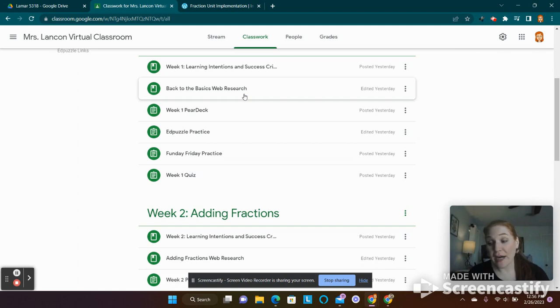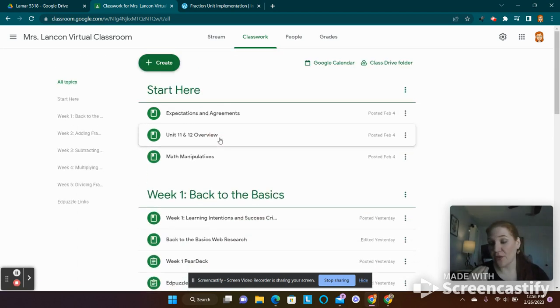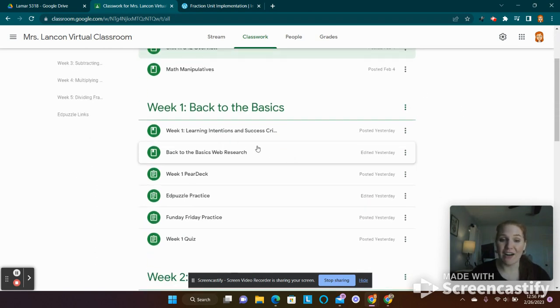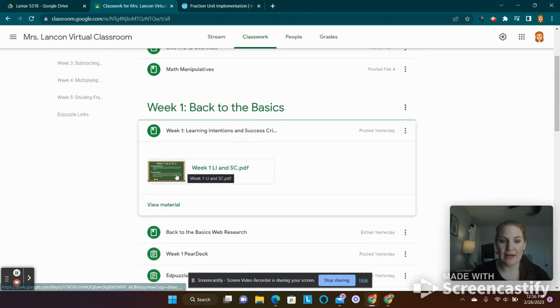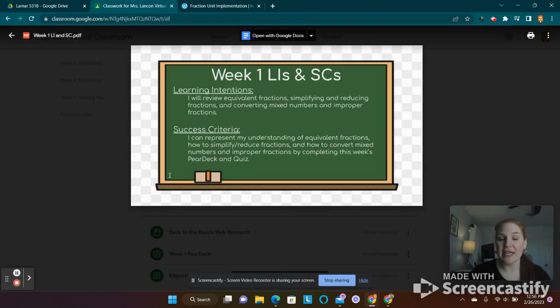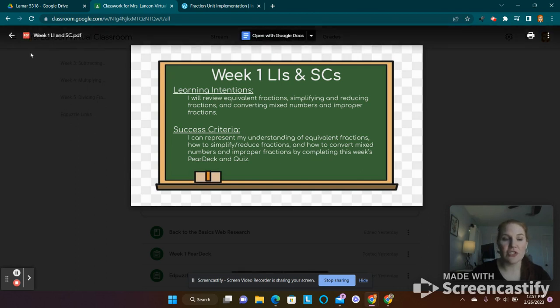It says, where am I sharing my main course goals and outcomes with my learners? So as I said, right here, I have the overview with their outcomes that we're looking for in the goals, but I always show it right here. We use LIs and SCs, so learning intentions and success criteria. So for each week, I have the learning intention and success criteria right there for my students to be able